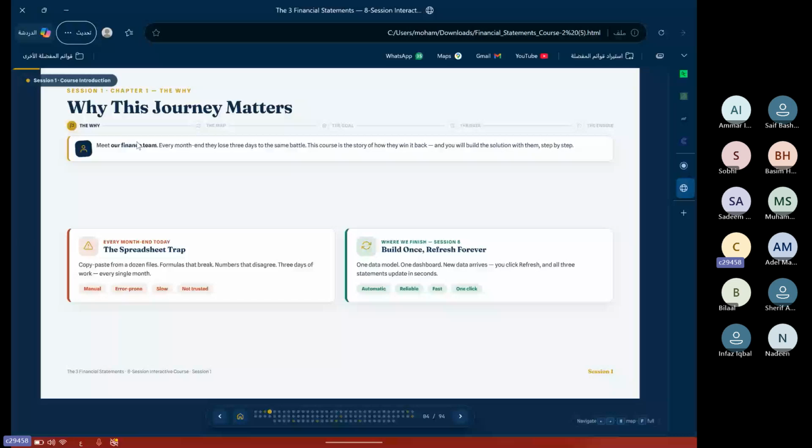It's not easy to go like this. So we will answer this with 2 things. Why don't we continue with the spreadsheet or normal Excel? Because it's manual. At the end of the month, if you need to make the 3 financial statements, as a live example, we need to make these 3 statements at the end of each month. So it's always manual. You need to copy and paste all the data that you downloaded and clean it manually. All of this takes a lot of time. And of course, you will find a lot of errors.